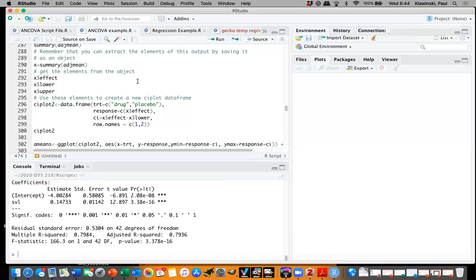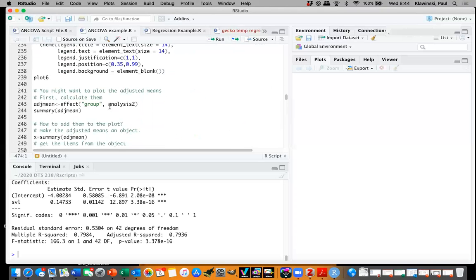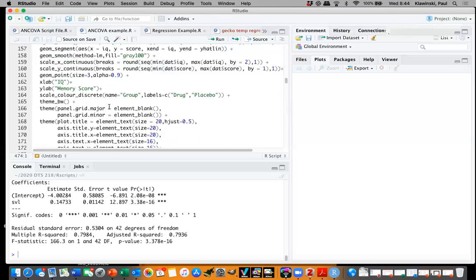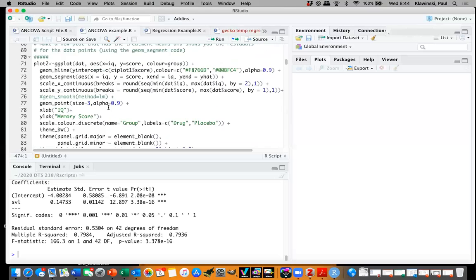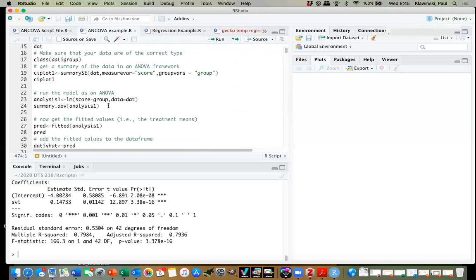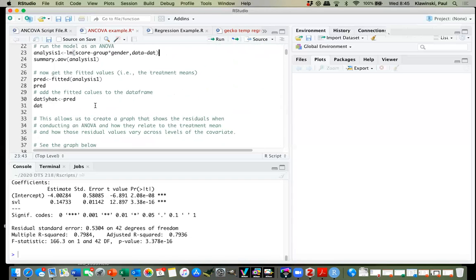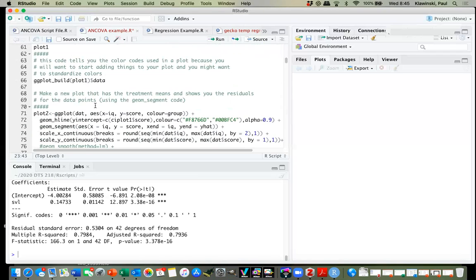And so if you had in this data set, I have to go back to the very beginning. If you had gender, a regular ANOVA would look like this. It would be group by gender, and you can't run this because there is no gender in the data set. And this would give you the ANOVA, and it would have a group variable, a treatment variable, a gender variable, and an interaction term. And then if you wanted to do this as an analysis of covariance,